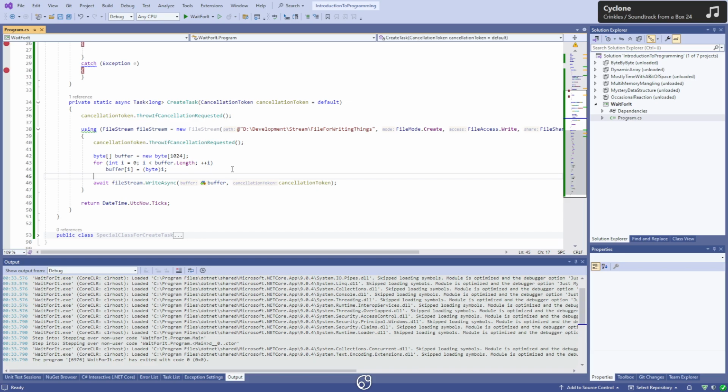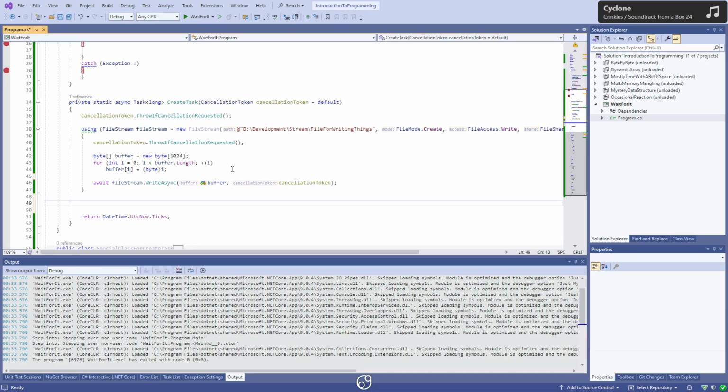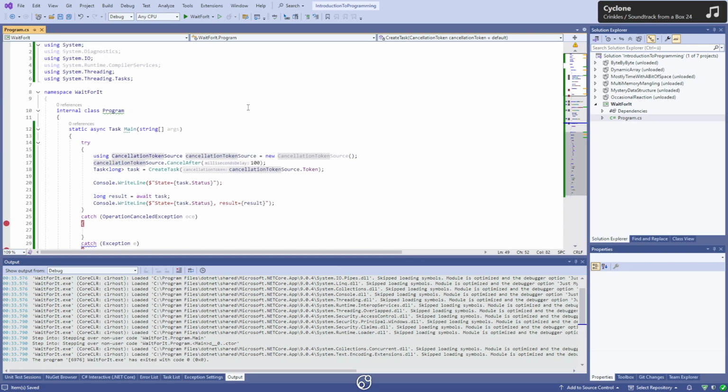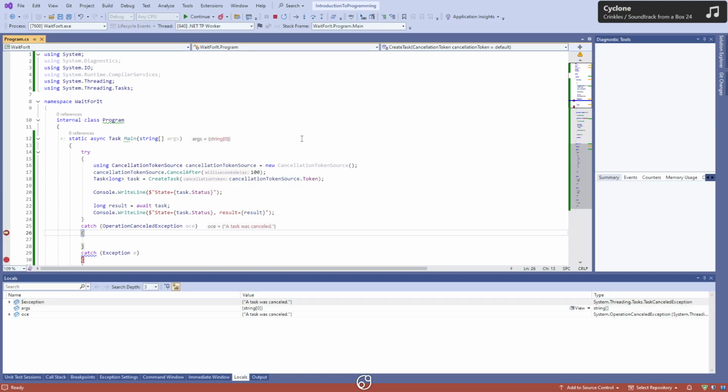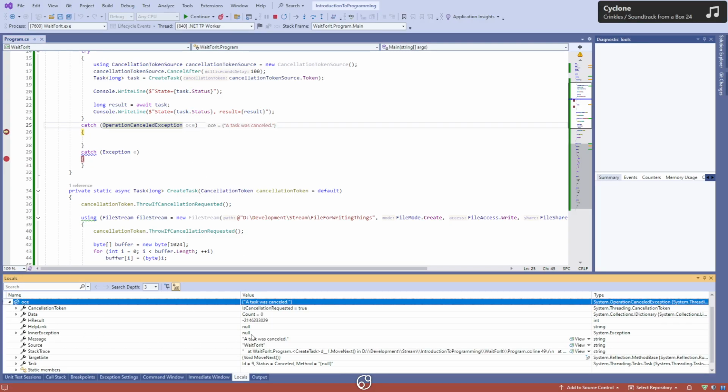Actually, let's just make it simple. We use another await here with a Task.Delay of 500, which, by the way, can also accept cancellation tokens. So you don't necessarily have to wait for 500 milliseconds, you can abort earlier. We get an OperationCanceledException. Of course we did. And if we look at the stack trace,